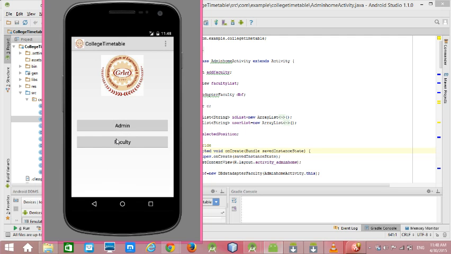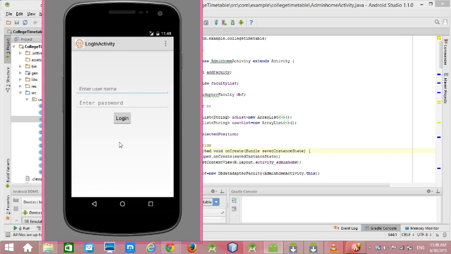Now see. So here we have the faculty page. If you want to see the timetable, you can just click on faculty timetable, and you can enter the username and password that you received on your mobile number. Being an admin, I know the username and password because I am adding the faculty. So I entered here the username of Sampath sir and password of Sampath sir, and let's see how it works.